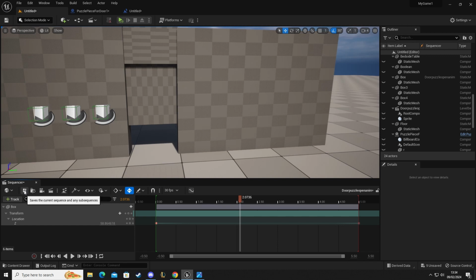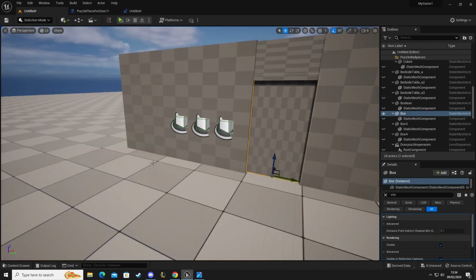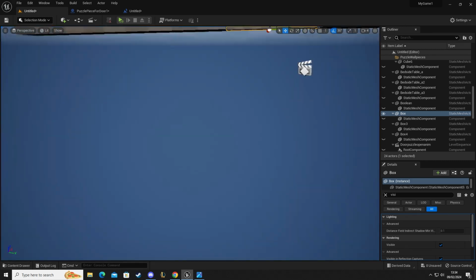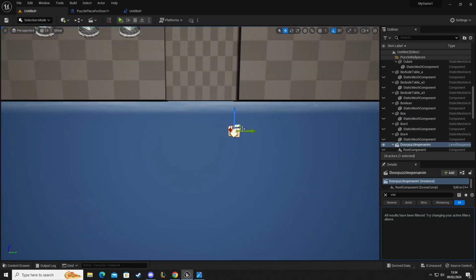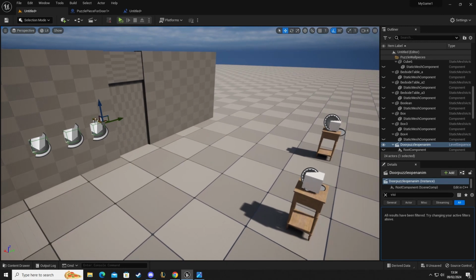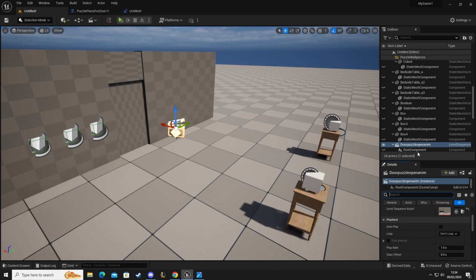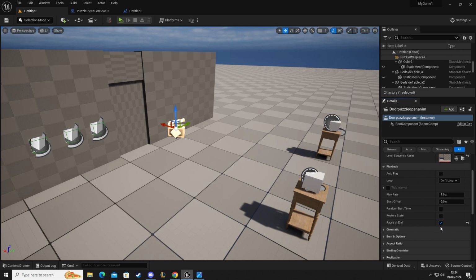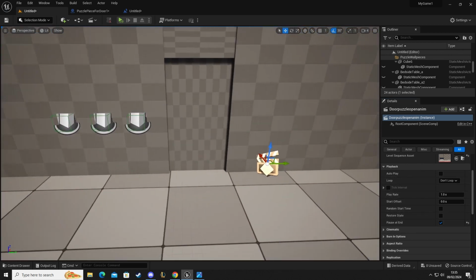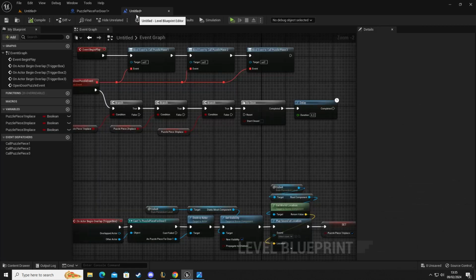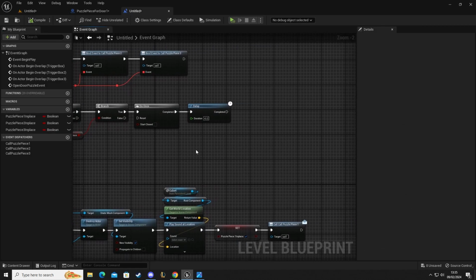So that's done. Click save, come out of that, select our door, but we actually want our, there it is, we want our little level sequencer. Move that in position so we can see that, and we're going to set on this. Let's move this up. We want to pause at end, and that's it. So now that that's done, we're going to go back into our level blueprint, and we're going to right click